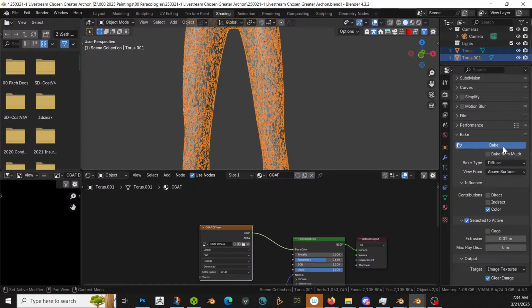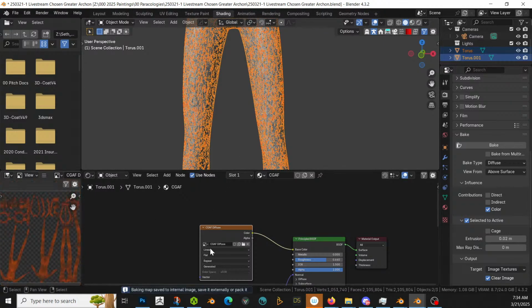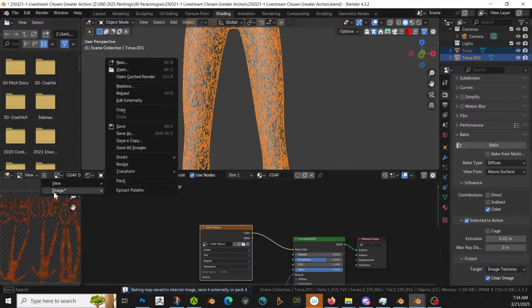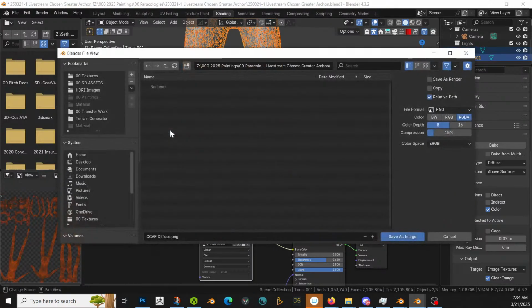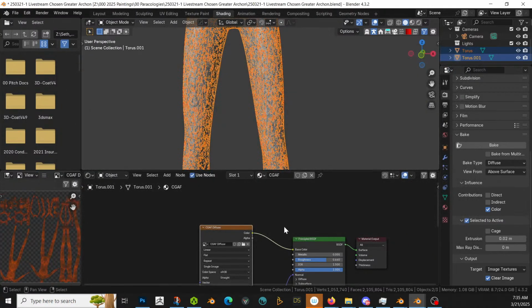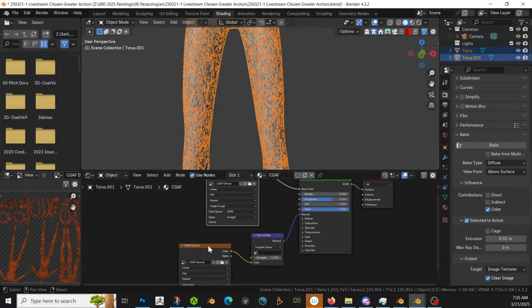It'll work, and it should be all we need to do. Bake. Make sure we have the texture selected here. We do. The two things I forget most often: making sure that texture is selected and making sure I actually UV'd the thing before I started. And I did both this time. Cool. File, image. Save as, diffuse, yep, cool, RGB is fine, don't need an alpha. Great, and then normal,